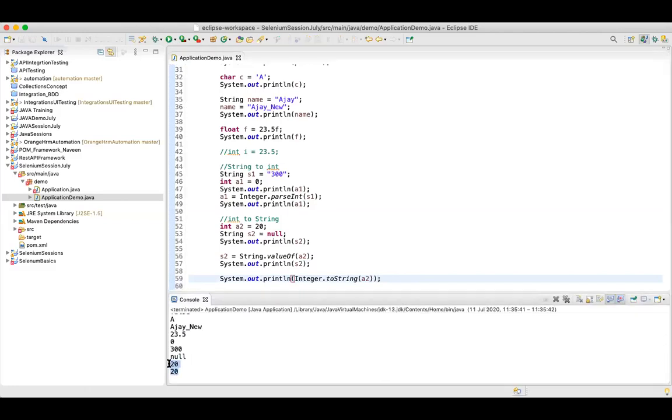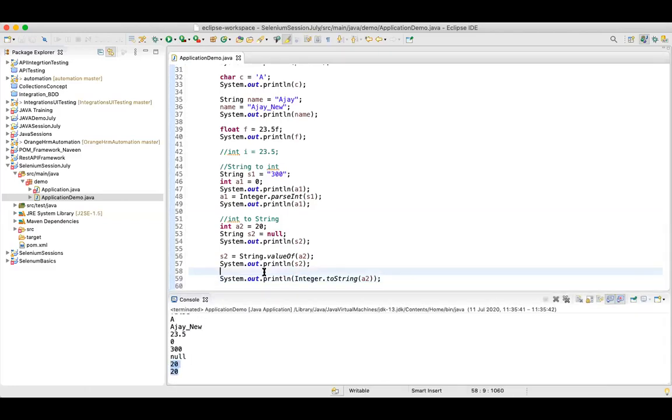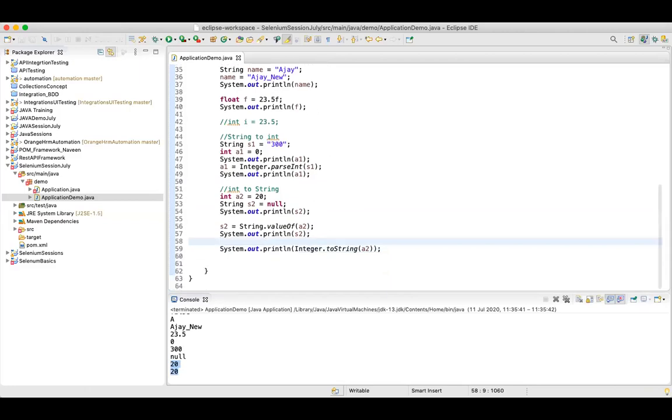So it can be done in multiple ways based on your choice, your comfort and your project. You can select your own way. So this was an example of string to integer and integer to string. Most of the time, guys, you will face this issue wherein you want to convert from string to integer and integer to string.